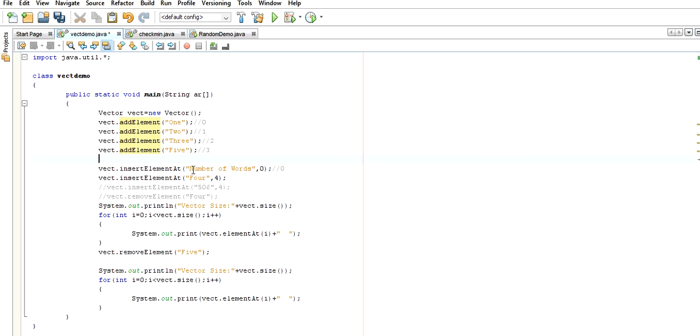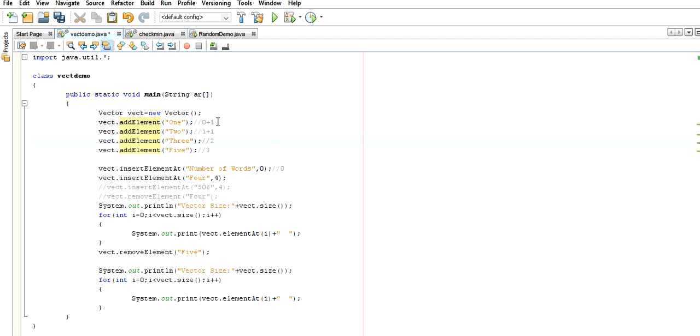So when we insert this number of words value at 0 position, automatically all the vector elements shift. After inserting this element, the position of 1 moves towards 1. Similarly, the position of 2 moves by 1.